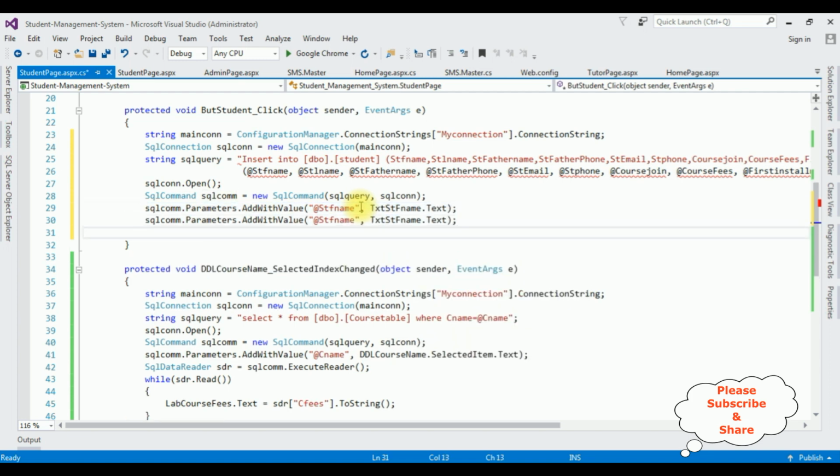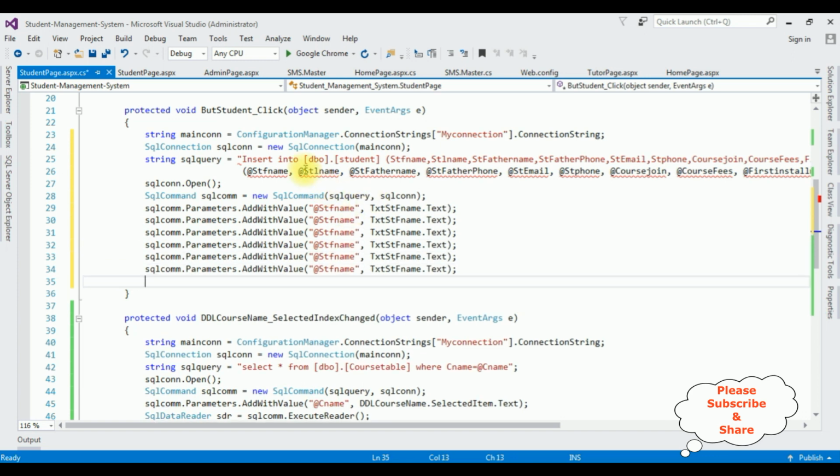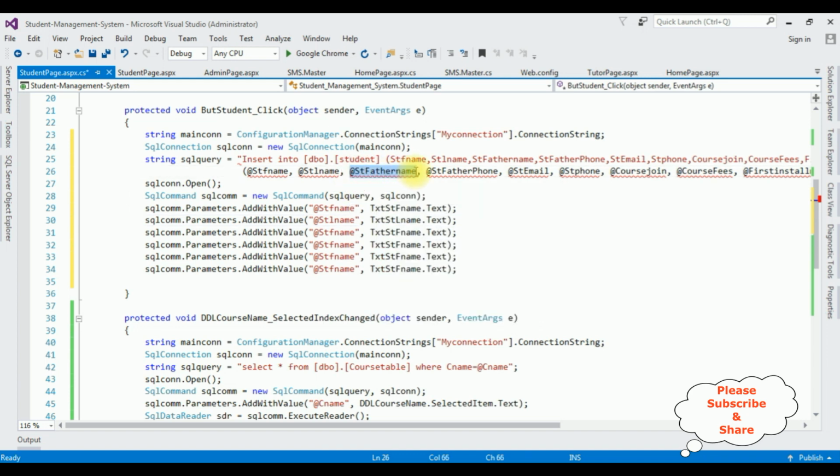Copy that one, paste. The second one is student L name. Copy that one, paste here, text, student L name,